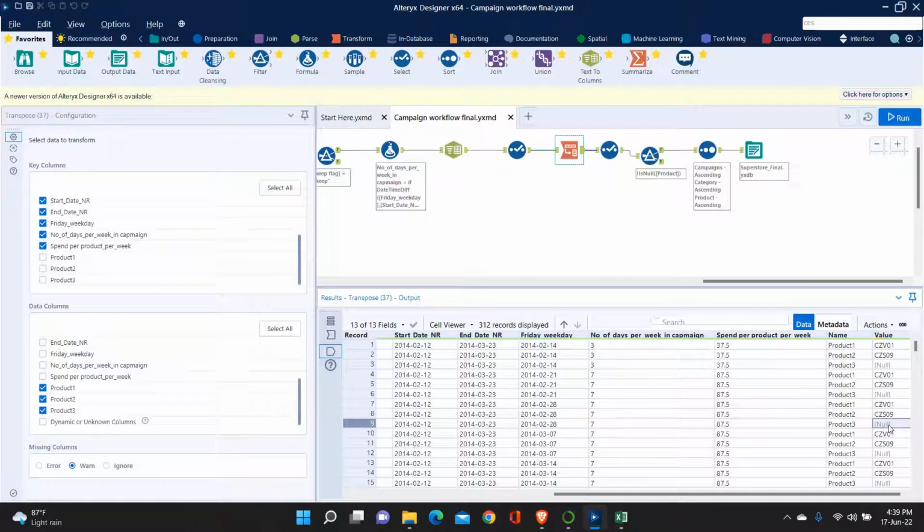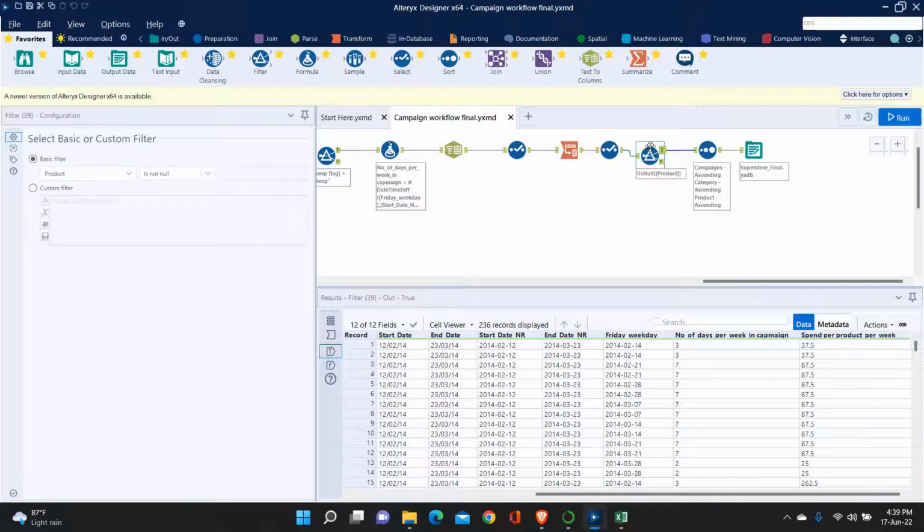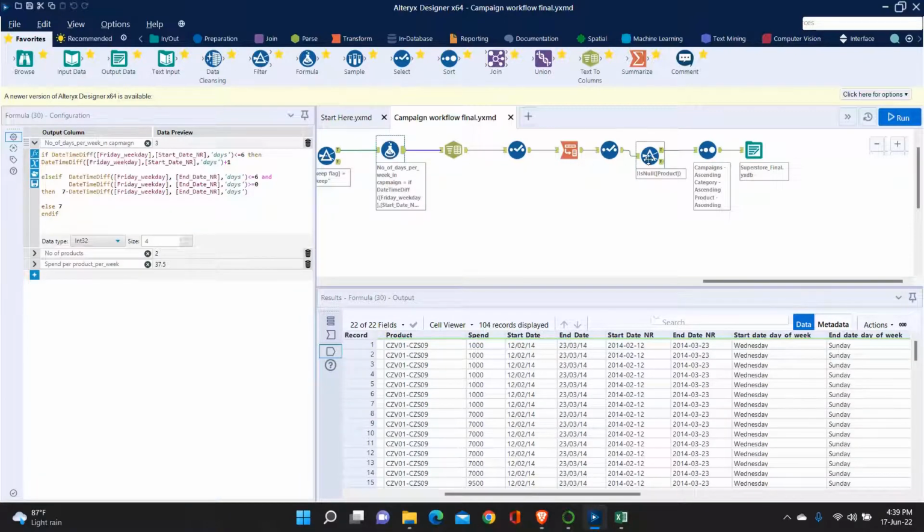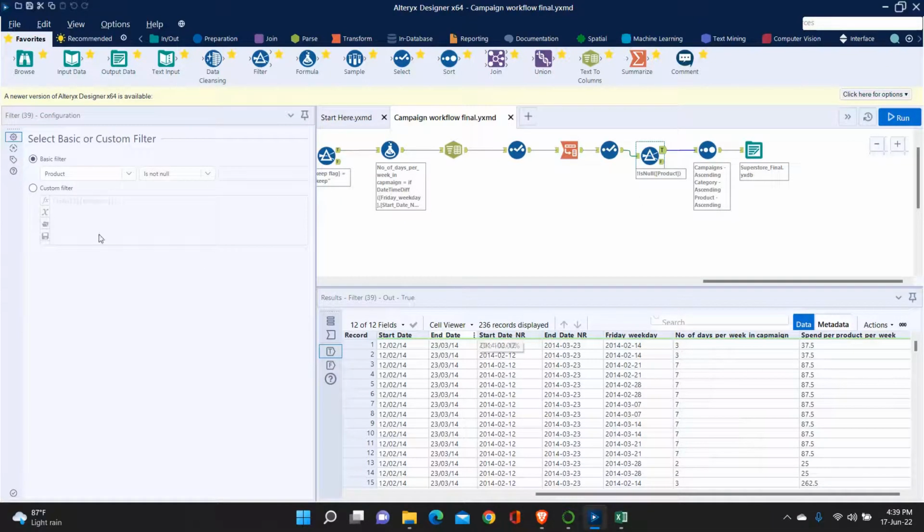Now we don't need the null values, so we will use the filter tool, sorry, not the formula tool. This is the formula tool and this is the filter tool. So if the product is not null, then we will keep it, otherwise we won't keep it. So all the null values are removed here, where we are, product,